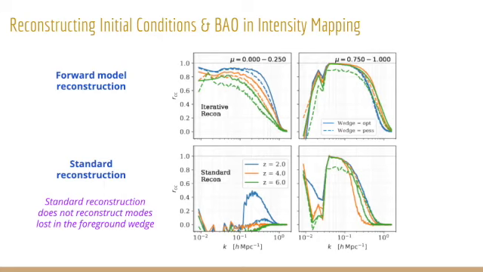And at the same time, as a byproduct, you also reconstruct the initial conditions. So you can use those to do a BAO analysis. So what I'm showing here is cross correlation between true initial field and the reconstructed initial field from our method and the reconstructed initial field from BAO. Again, along the line of sight and perpendicular. And you see that standard reconstruction does not reconstruct anything inside the wedge because it doesn't have that information in the observed field, while we are able to get between 60 to 90%, depending on the redshift.